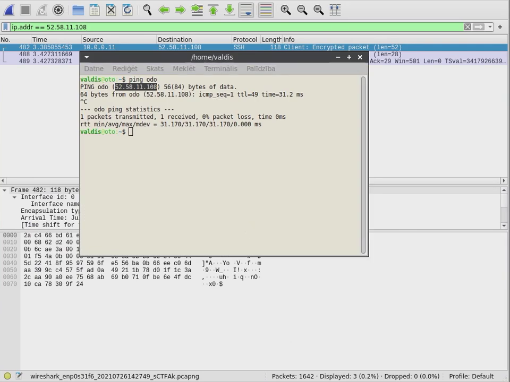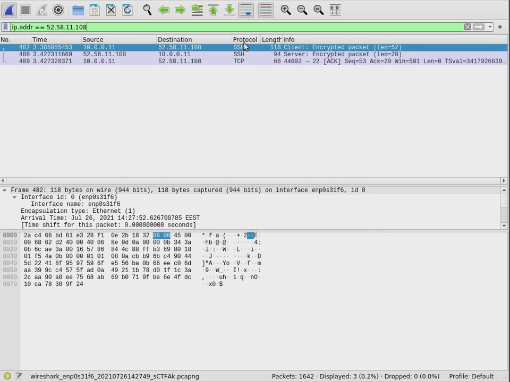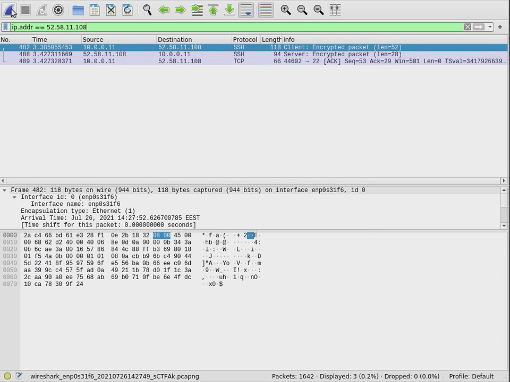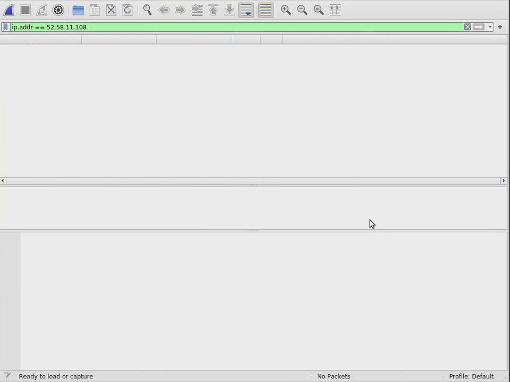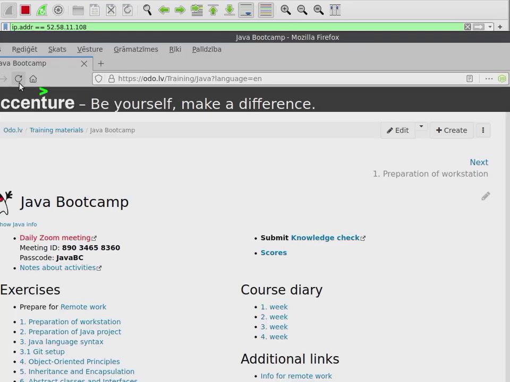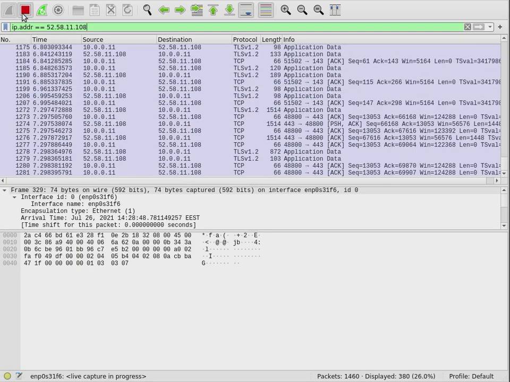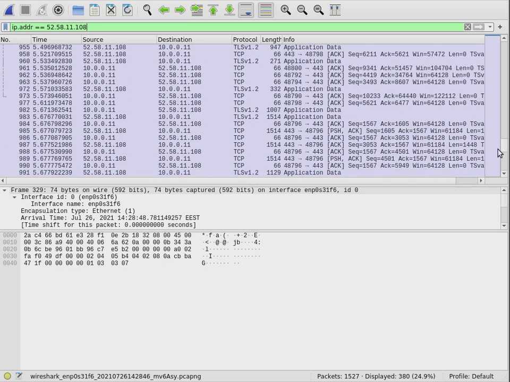I think this is apparatus, as far as I remember. Let's do it again. Now we have something.